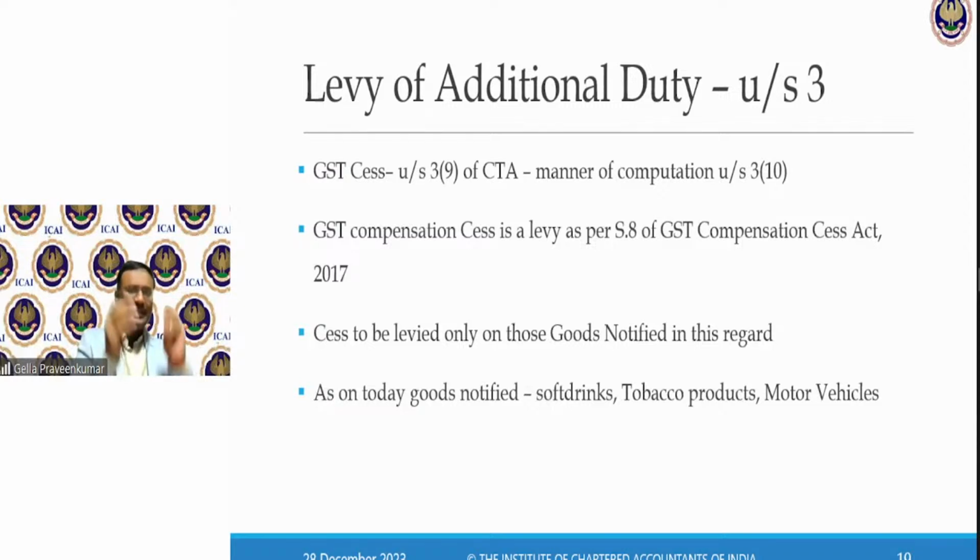In order to take away the burden, in order to take away the loss of revenue to the respective states, there's a levy of compensation cess under Section 8 of GST Compensation Cess Act. So this compensation cess also is applicable in case it is applicable in India. Like as on today, let's take the example of motor vehicle. If I buy a Maruti car which is having a price more than 10 lakhs, 28% would be the GST, 12% will be the compensation cess. 28 plus 12, 40% is going to be my tax. So the way IGST is computed, similarly cess is also computed.